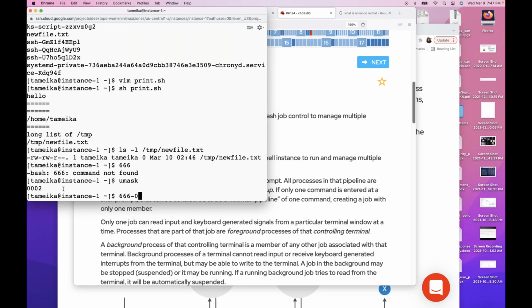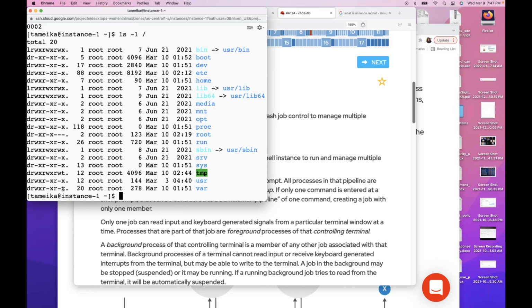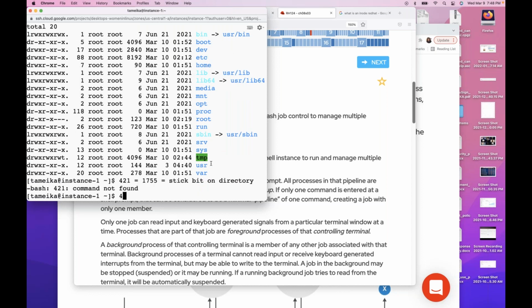What's unique about the slash temp directory? It has the sticky bit on it, right? We learned that last week, the sticky bit. Remember that we can set the SUID and the GUID with the 4, 2, and 1. And we can say 1755. This is going to set the sticky bit on a directory, right? And then if we do like 4755